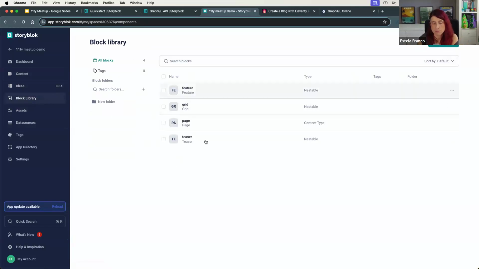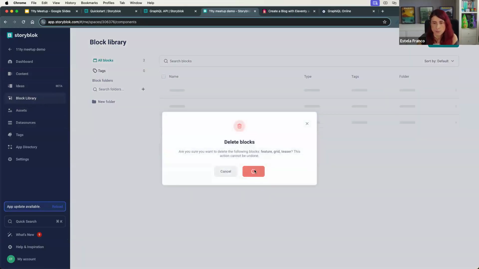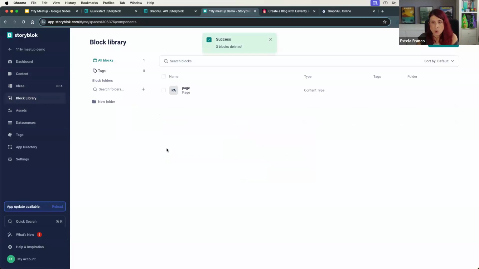By default, they put this boilerplate information, these boilerplate templates that you can use. In this case, we will remove everything except the page because it's like the basic content type. We can't remove that. Okay, and now we will be creating the components for a basic blog site that I want to create, because